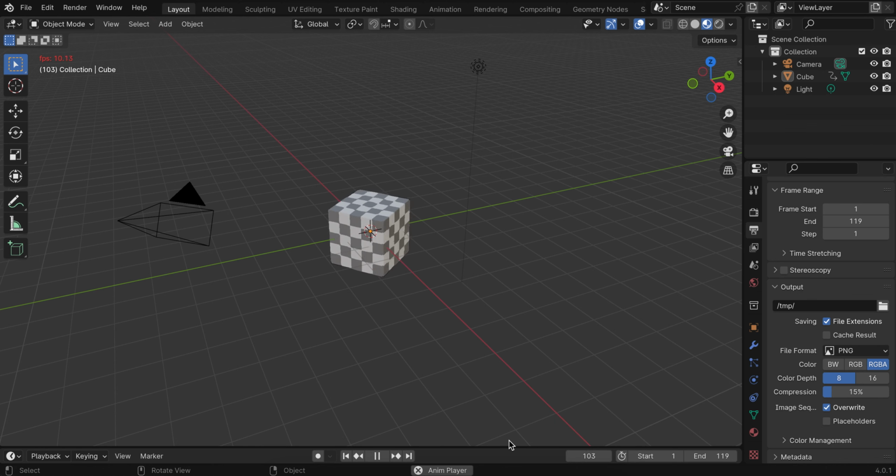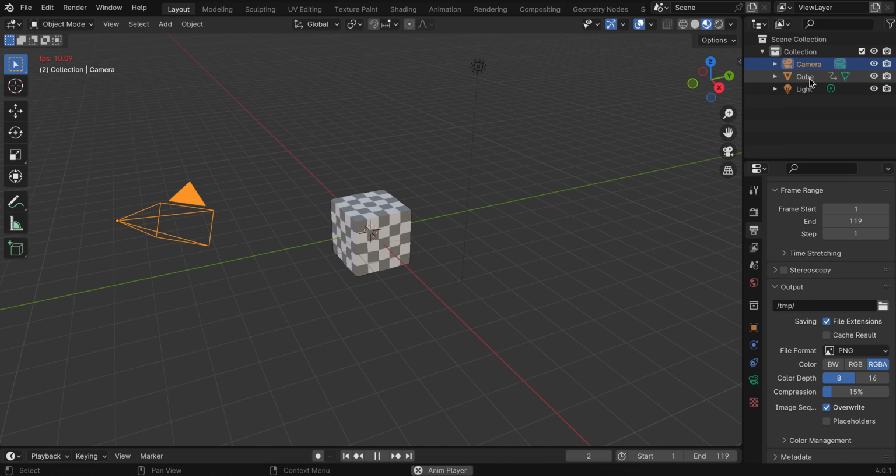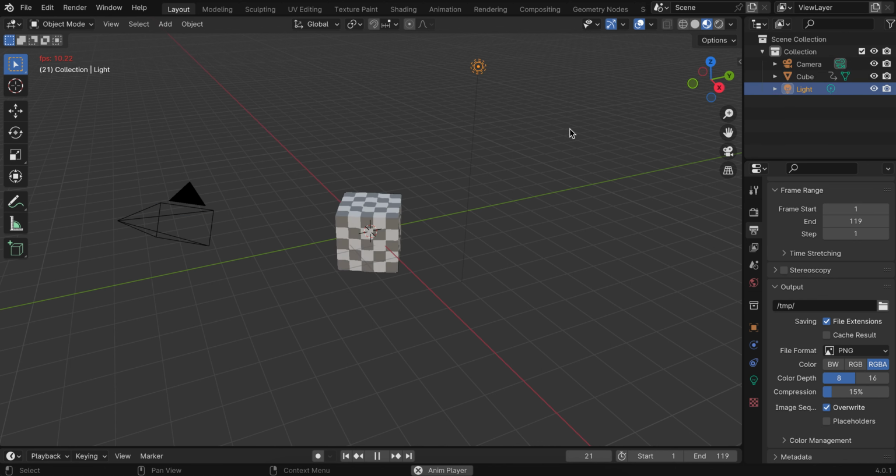So right here I've created a very simple Blender animation with a cube that is rotating. And you can see that the scene is made up of only 3 separate objects here. We have the camera, the cube, and a light source. And all 3 are important for rendering, because if I render without any of these 3 things,